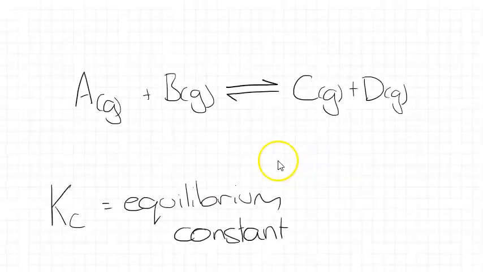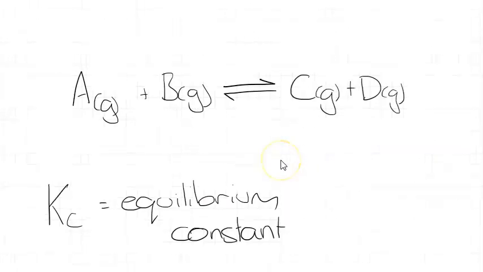So if the value of Kc, and this can be shown at any different temperature, it'll be a unique value for every different reaction. So it needs to be worked out experimentally for each reaction at a particular temperature. So let's say we've got the equilibrium constant at 25 degrees for this reaction of A plus B going into